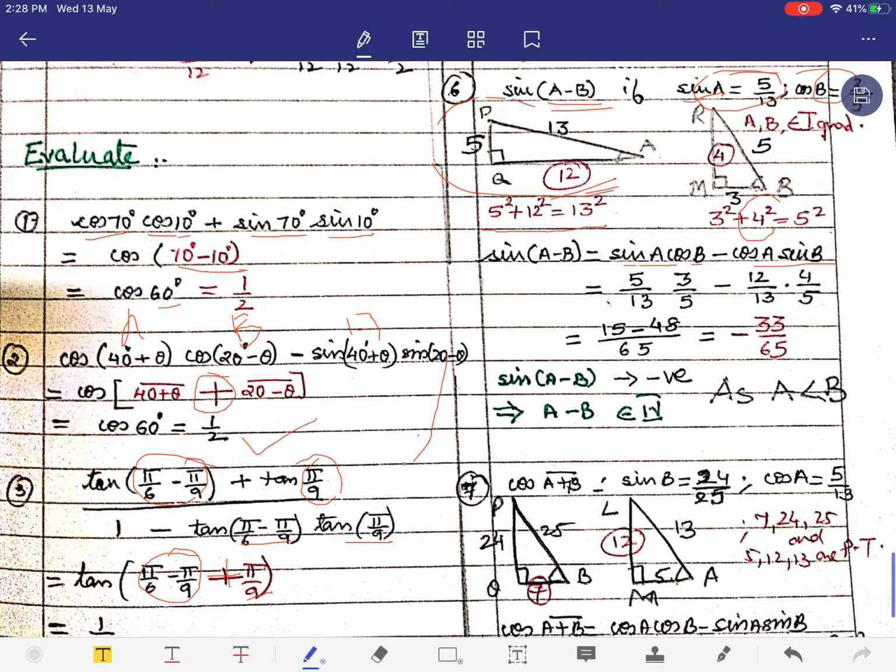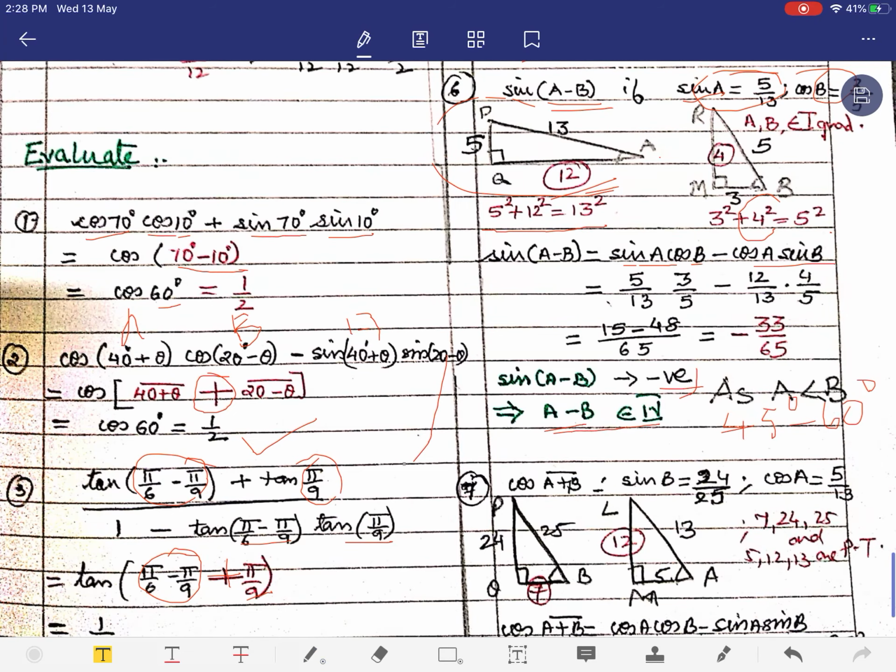Sin of A minus B, the ratio is negative, says that A minus B is in the fourth quadrant, because it is the difference of the two angles. Difference of the two angles, I am giving an example. If A is 45 degree and B is 60 degree, what is the difference of this angle? This comes out to be minus 15 degree, and sin minus 15 degree will have a negative ratio. So, we have this as a negative ratio because the angle whose ratio we are finding is in the fourth quadrant.